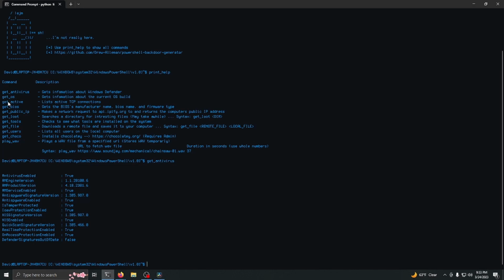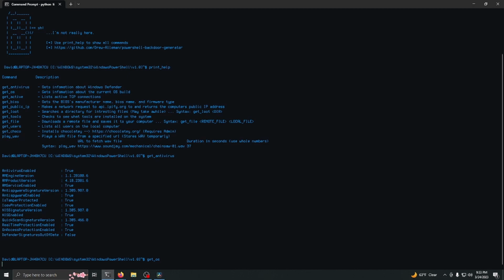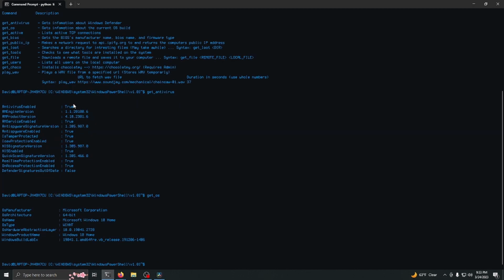So we can also do get OS, and this is going to get any information on the operating system that might be useful. Something cool we can do is also play sounds. So you have to do play WAV, and then you want the URL of the WAV. It needs to end in that .wav just like this, and then you want the duration in seconds. The reason that we're doing this is when we play the WAV, it's going to store it temporarily in the temp directory, and then once it's done playing, it's going to just delete the file. So if we just copy this command here,